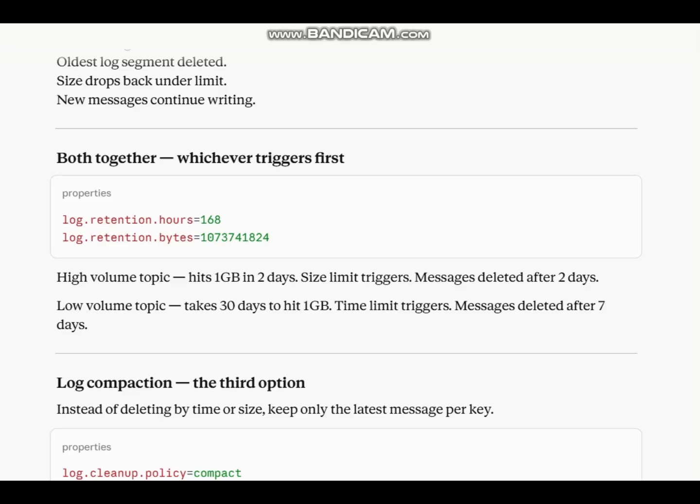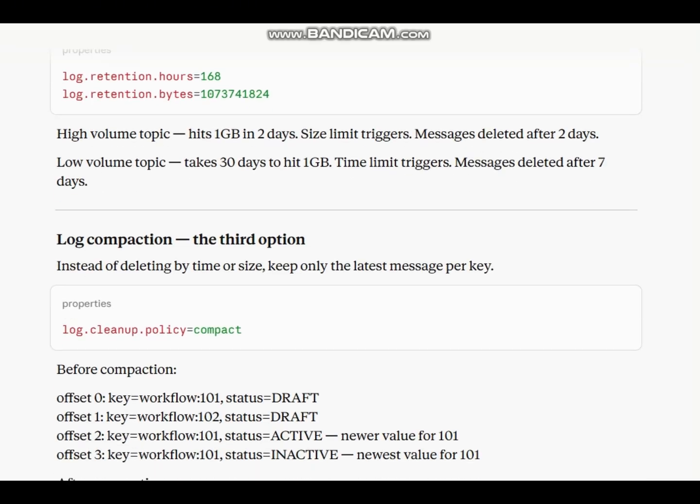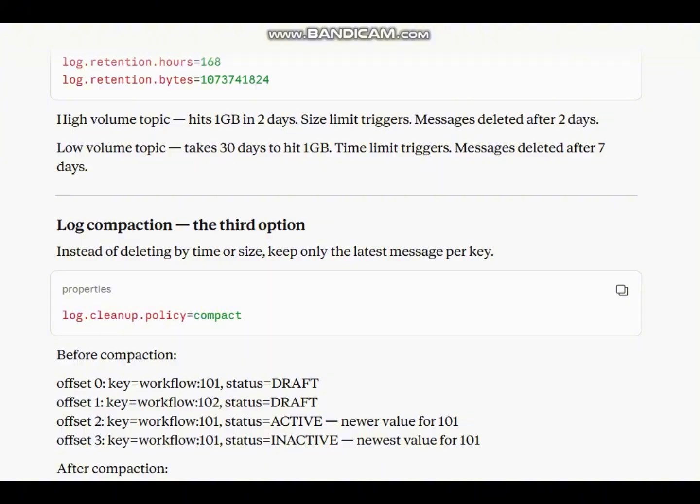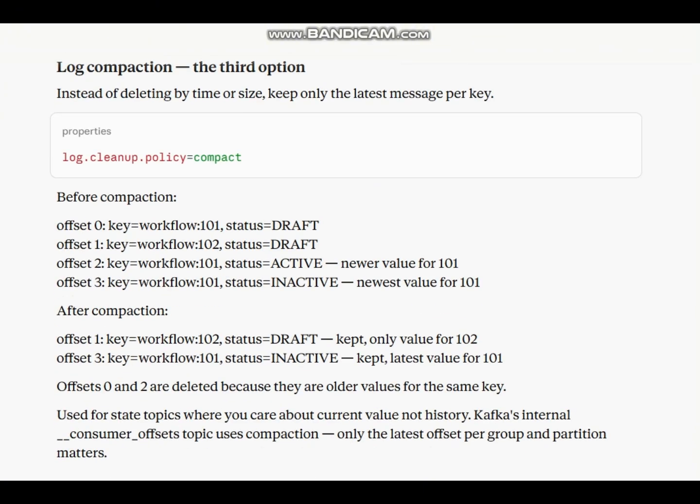Log compaction, the third option. Instead of deleting by time or size, keep only the latest message per key. Code block. Before compaction: offset 0, key workflow-101, status draft. Offset 1, key workflow-102, status draft. Offset 2, key workflow-101, status active, a newer value for 101. Offset 3, key workflow-101, status inactive,